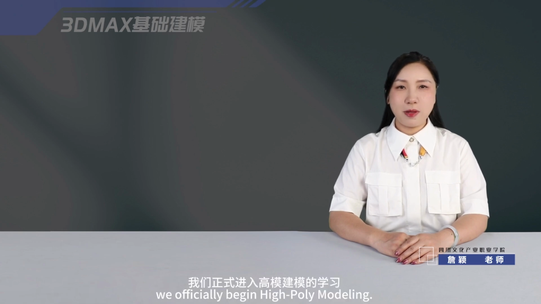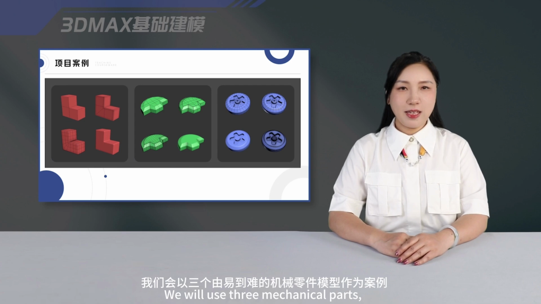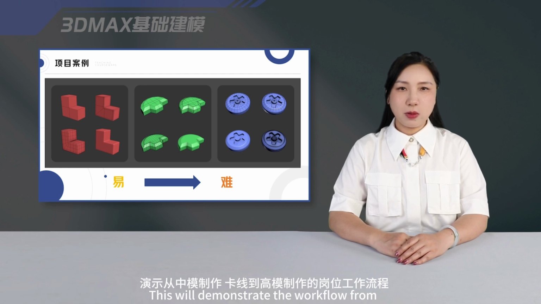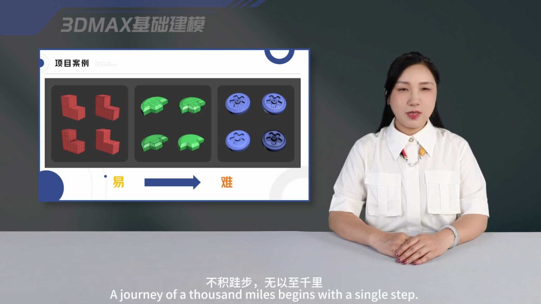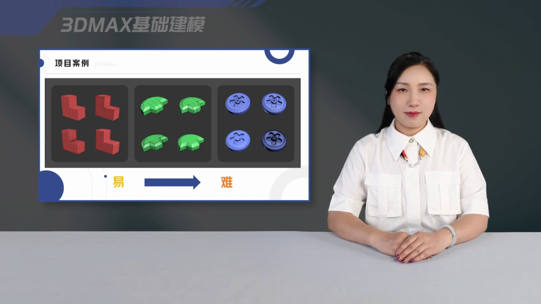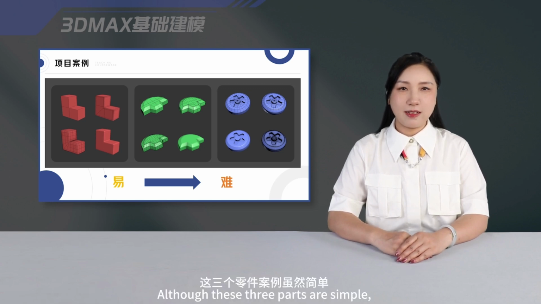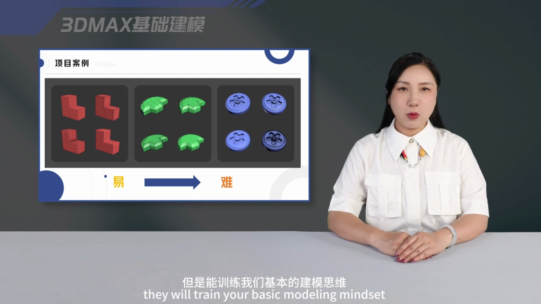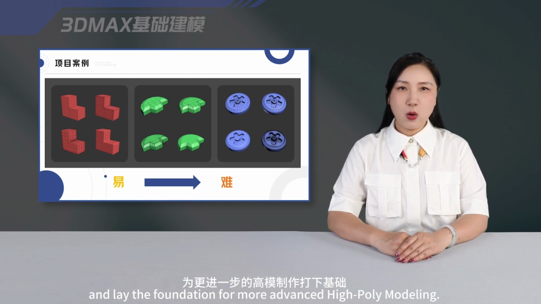In this lesson, we officially begin high poly modeling. We will use 3 mechanical parts arranged from easy to difficult as case studies. This will demonstrate the workflow from mid-poly modeling and adding supporting edges through to high poly modeling. A journey of 1,000 miles begins with a single step. Small streams make a mighty river. Although these 3 parts are simple, they will train your basic modeling mindset and lay the foundation for more advanced